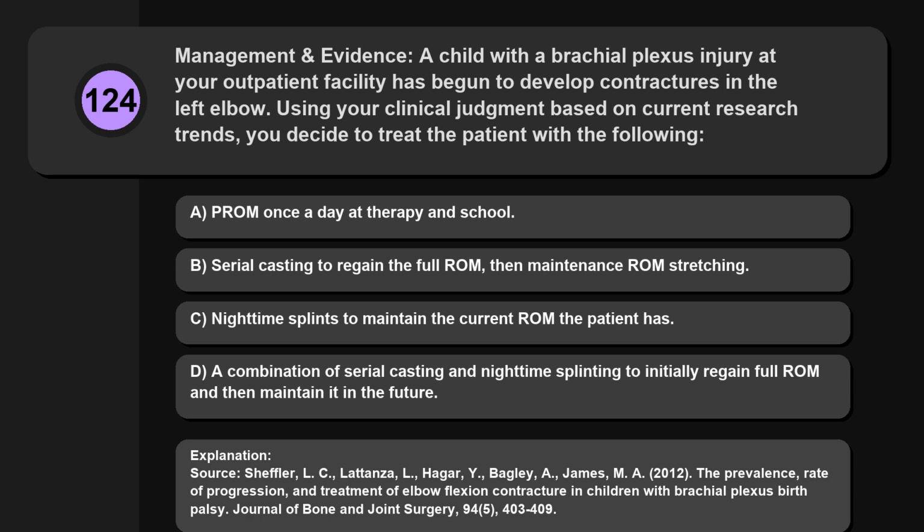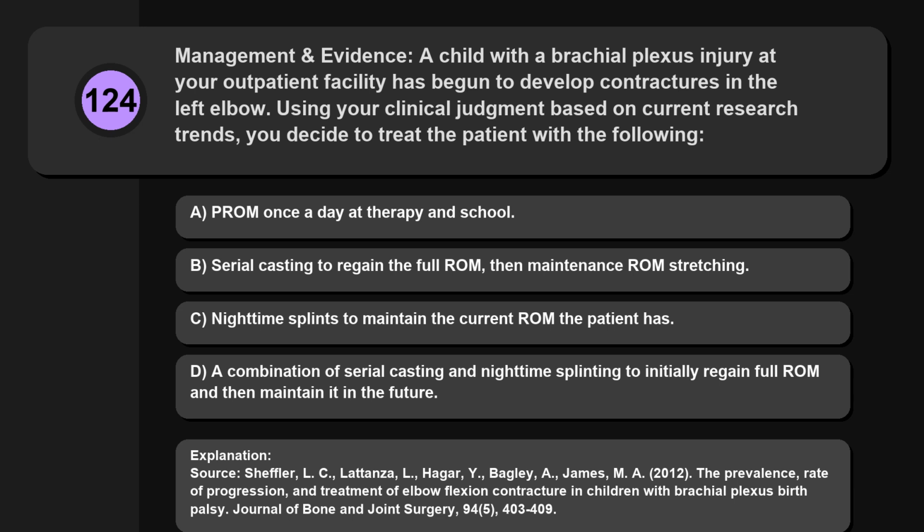Source, Scheffler, L. C., Ladanza, L., Hagar, Y., Bagley, A., James, M. A., 2012. The prevalence, rate of progression, and treatment of elbow flexion contracture in children with brachial plexus birth palsy. Journal of Bone and Joint Surgery, 94, 5,